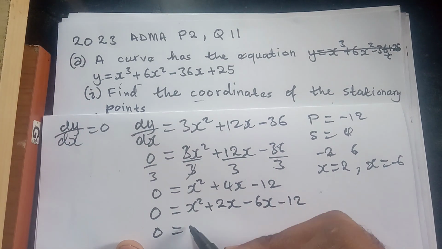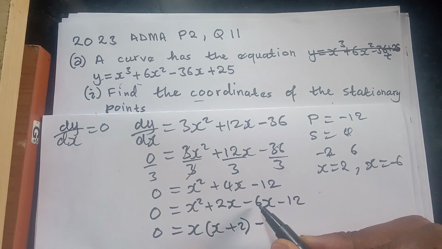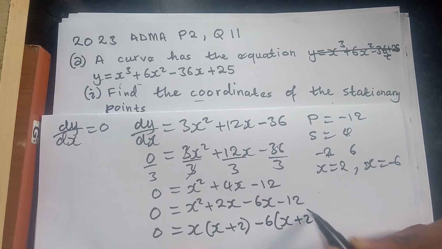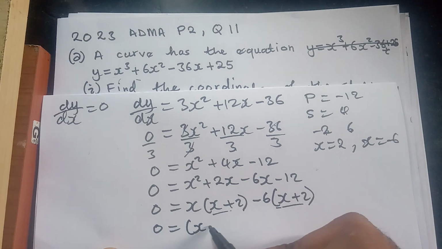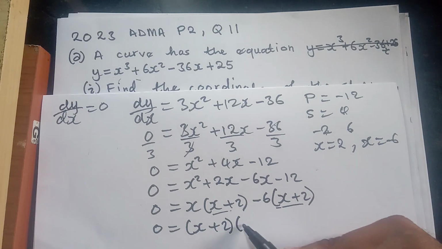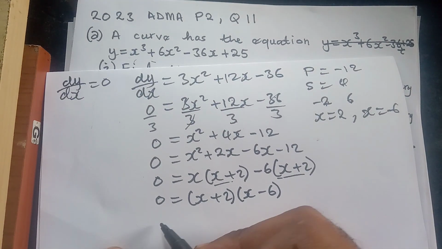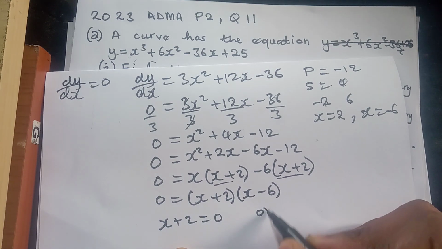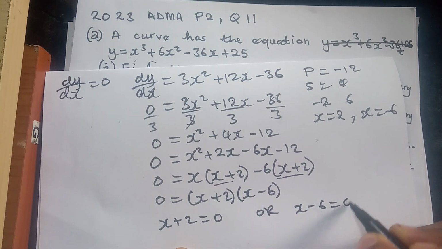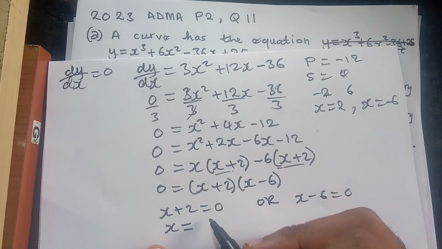So from here we can factor out the x. And then from here we can factor out the 6, the negative 6, like this. And then we have this in common, which can be factored out. Then here we have x minus 6. So now this means either x plus 2 is equal to 0 or x minus 6 is equal to 0. So from here we can see that x is equal to